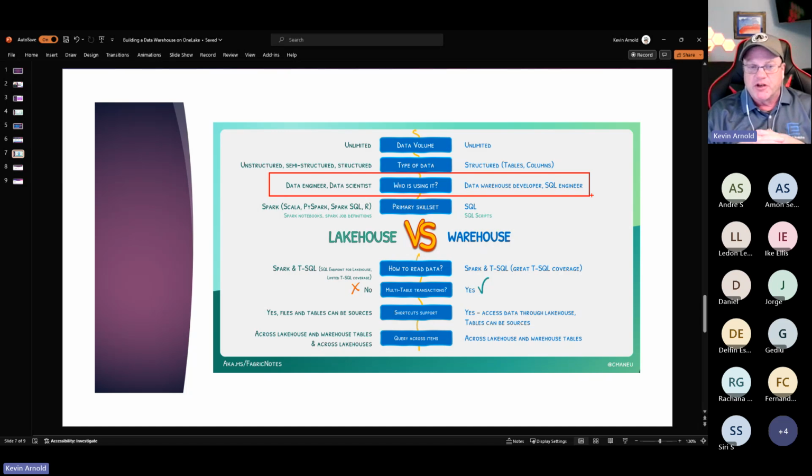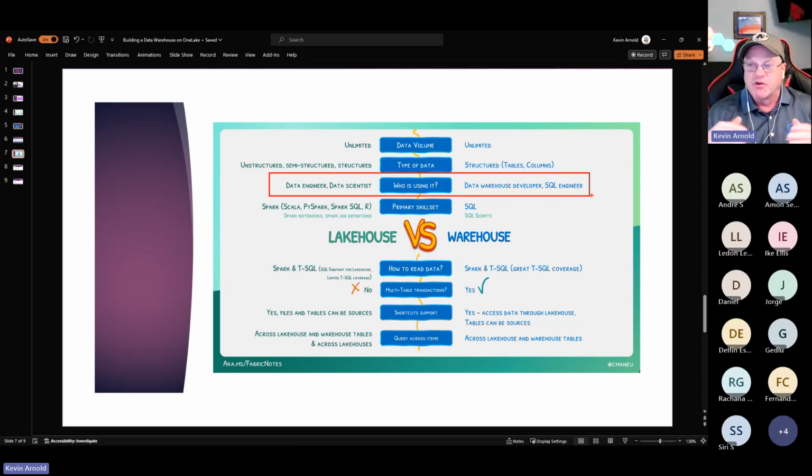So Benjamin, you bring up a good point. You're surprised cost is not on this slide. And I'm glad you asked that because I didn't think about addressing that. So Fabric itself, because it is a SaaS-based process, there's no cost difference between running a lakehouse or running a warehouse. There might be what's called CUs, compute unit consumption, which could indirectly get to cost, right?